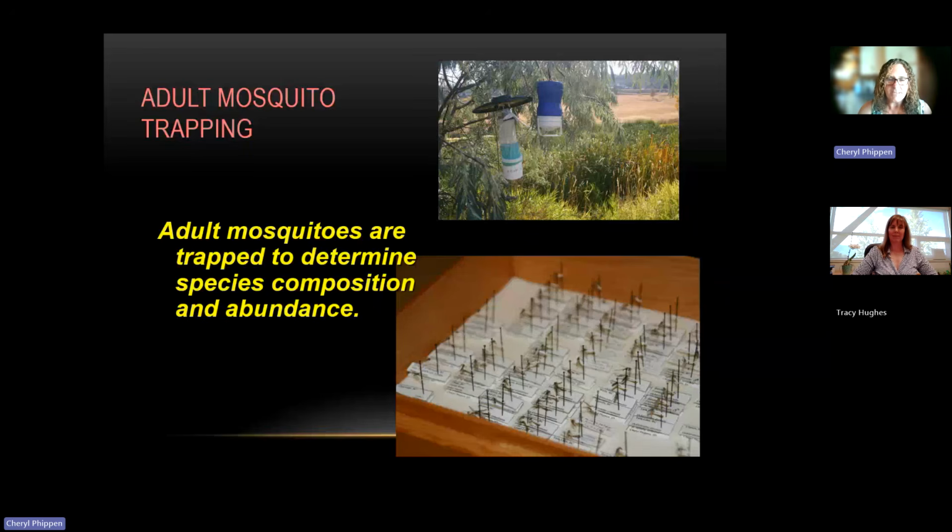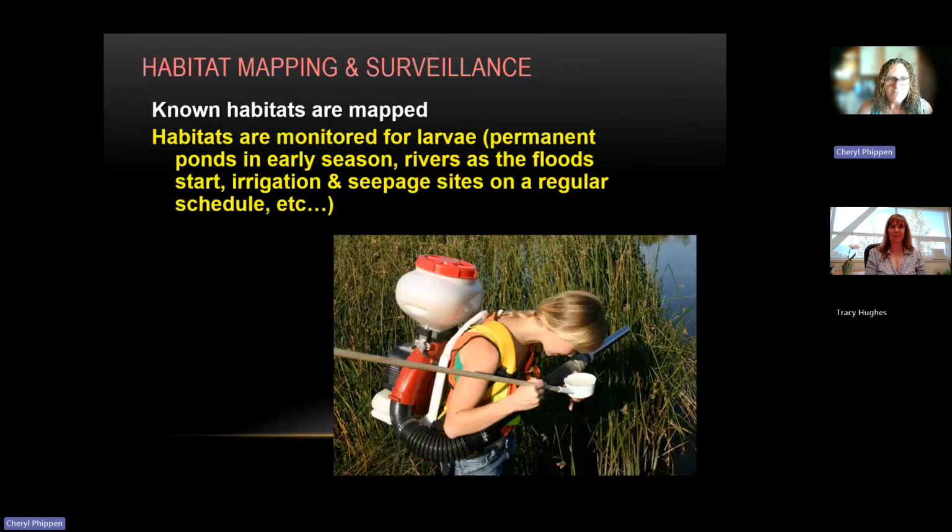We collect adults annually and try to collect them at the same site each year to determine what species are present and how many there are. Then we look at the conditions for that summer and say, okay, this is the number of mosquitoes and the species we would expect. If we start seeing more mosquitoes than we would expect, or different species entering the area, then we know we've got to look. Maybe we have a new type of habitat, or a farmer started flood irrigating or something like that. So we would start searching other areas to see what might be making that change in species composition.